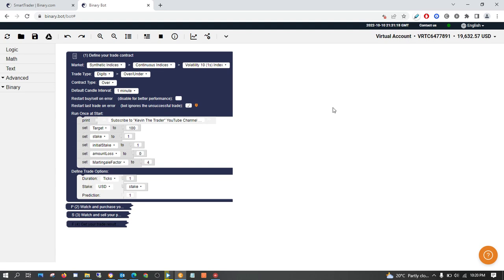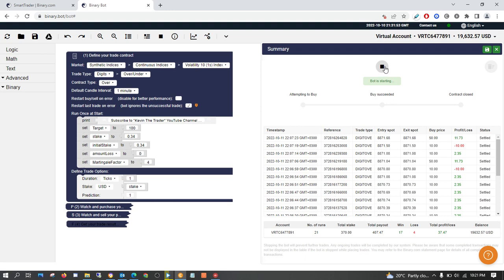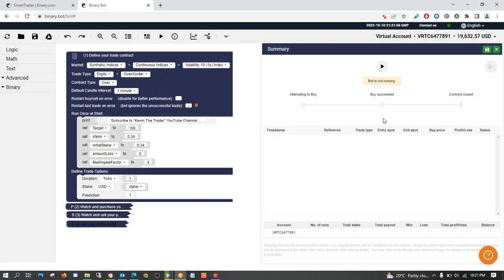First of all, your stake should not be more than one. Your stake should be anywhere from 0.35 to 1, meaning 0.35 is the minimum staking amount. If we try 0.34, we can't really trade with that. I'm just going to remove everything here.